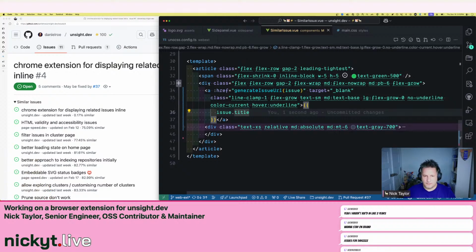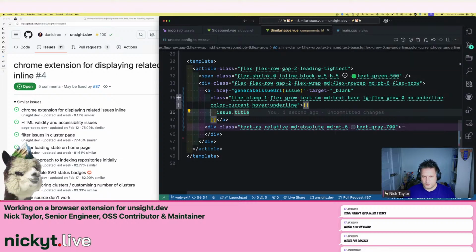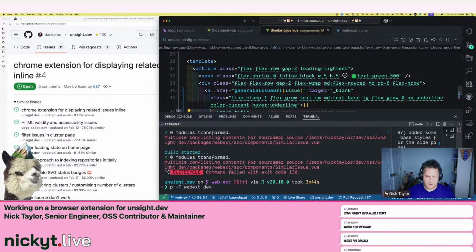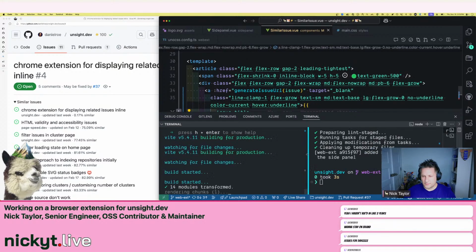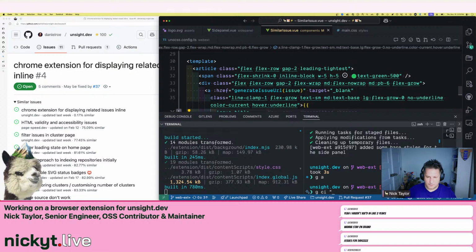Okay, let's see here. What do we got? Flex row. I'm just seeing if we can remove some stuff. I think everything is okay there. All right, so let's do this. Get that source map conflicting again. I'll have to figure that out, but I think that might be the browser extension template. I'm not sure. Okay, so let's do git add, and let's say these are just my aliases. This is commit. Let's say, or check in. Let's say cleaned up